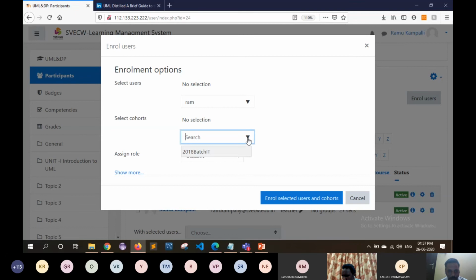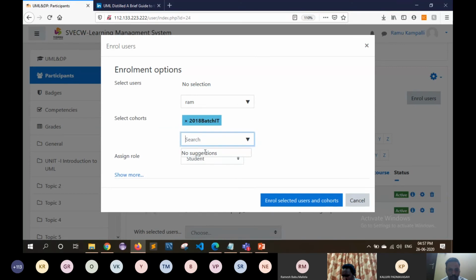Presently I have created one batch, 2018 batch IT. This cohort, which is a group, contains all the IT students of the 2018 batch. If I select 2017 batch IT, then all IT students of the 2017 batch are in that cohort. This is not a grouping operation you have to do. The administrator will organize all the students batch wise, then you can select that batch, and all those cohorts will be reflected here in this list box.